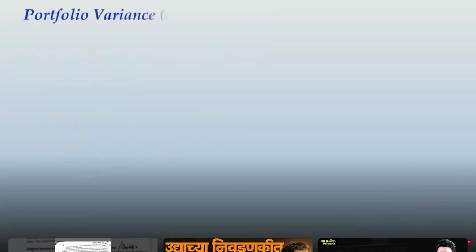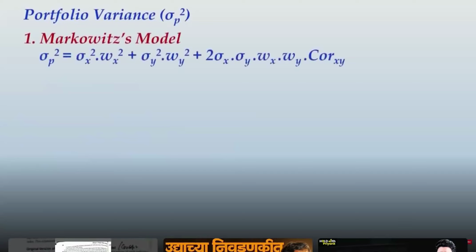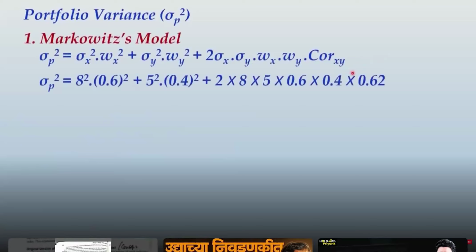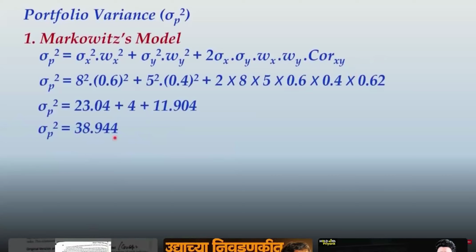सॉल्यूशन में अब हमें आगे दोनों मॉडल्स अप्लाई करने हैं एक एक करके। So portfolio variance, that is sigma p squared, first let us find out the portfolio variance using Markowitz model and that equation, ये इक्वेशन आपको आती है। तो हमारे पास दोस्तों सारे वैल्यूज अवेलेबल हैं, we just have to apply the calculation. मुझे यहाँ पर समझाने की कोई ज़रूरत नहीं है, ये कैलकुलेशन आपको खुद कर लेना चाहिए। And finally what you get is sigma p squared equals 38.944. हमें पोर्टफोलियो स्टैंडर्ड डेविएशन नहीं पूछा गया था, पोर्टफोलियो वेरिएंस पूछा गया था। हम यहीं पर हमारा कैलकुलेशन रोक देंगे।